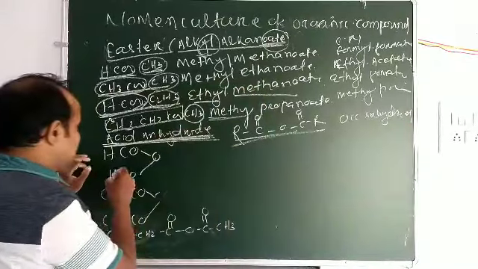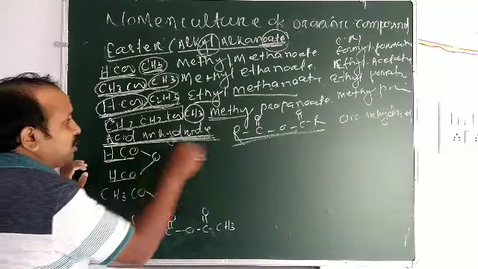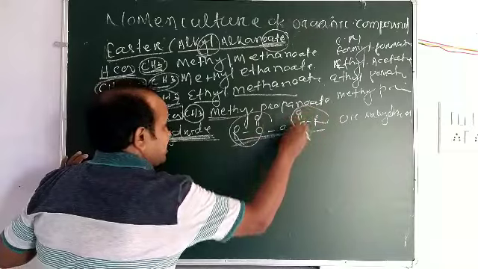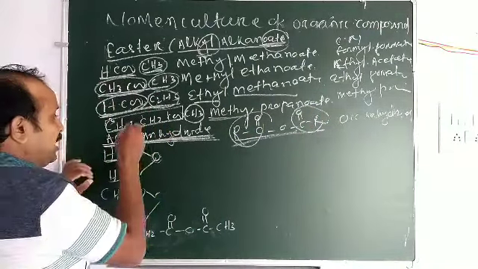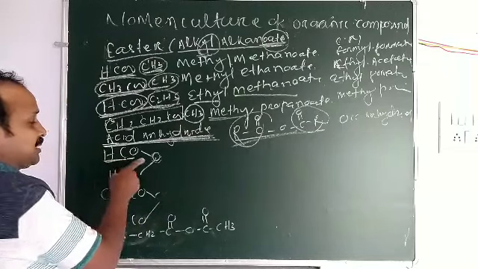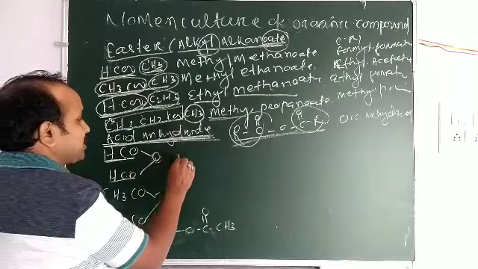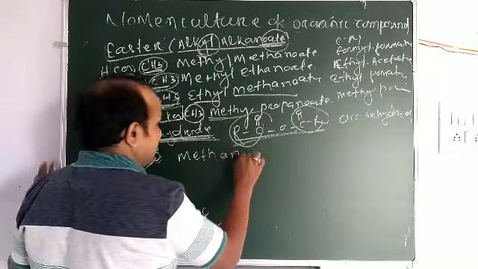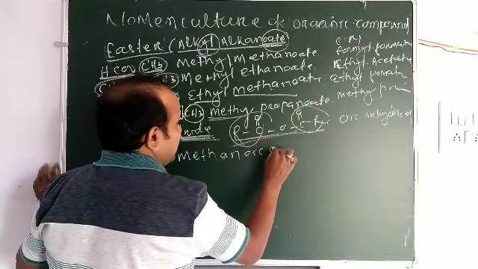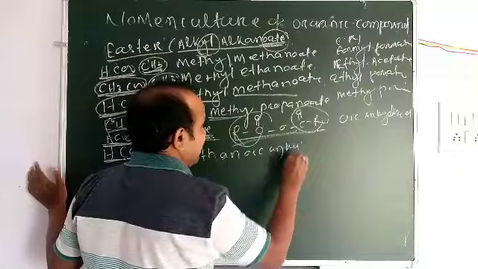Here you look, here is RCO and RCO, both connected to an oxygen atom. So this is the acid anhydride group, and its naming, with only 1 carbon, is methanoic anhydride,